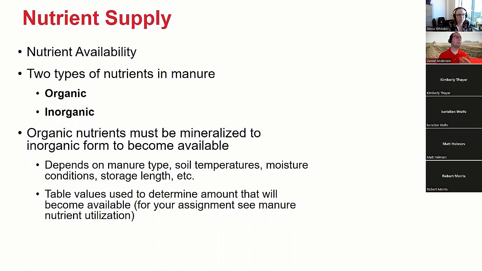I know a few people have said, well, I'll just put more on to make up for that. And it's really a self-defeating process, right? If that fertilizer itself is what's causing immobilization, putting more on doesn't make up for it. It just slows down when that will become available and pushes it back later in the growing season.